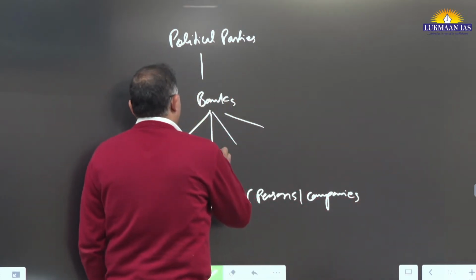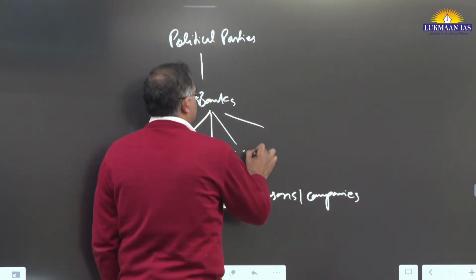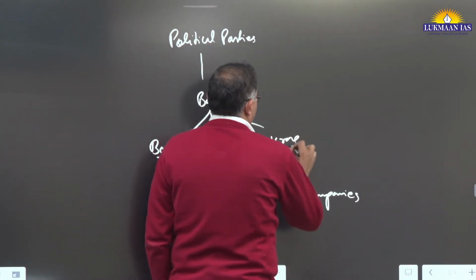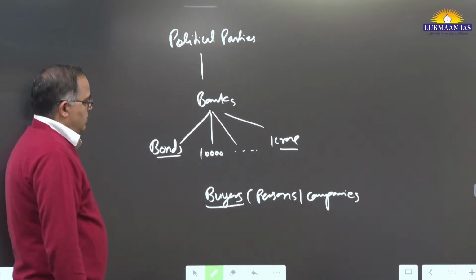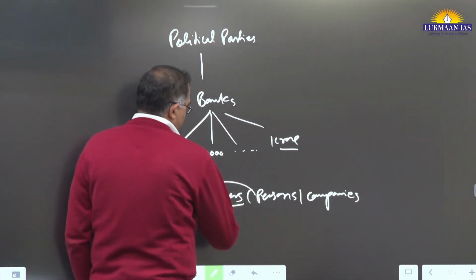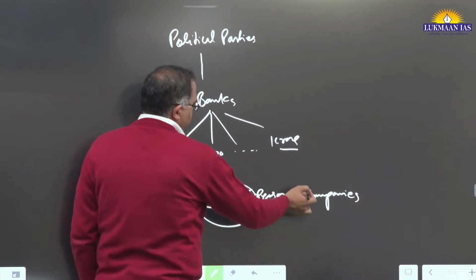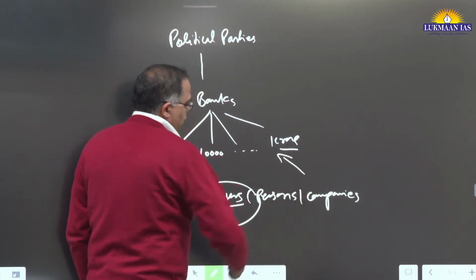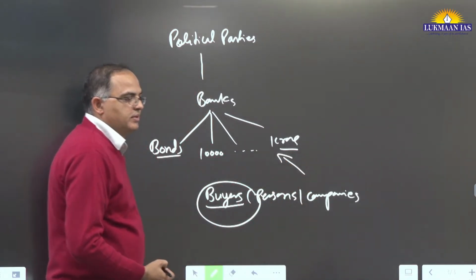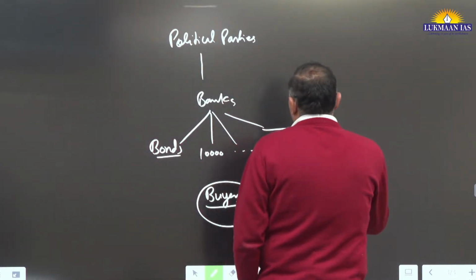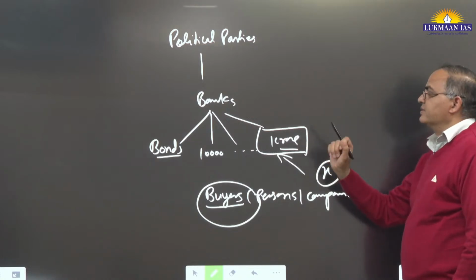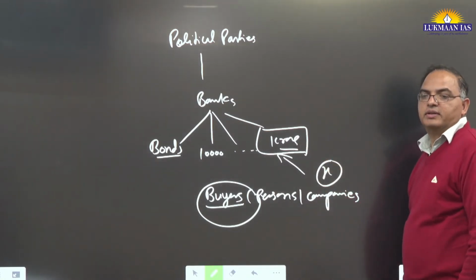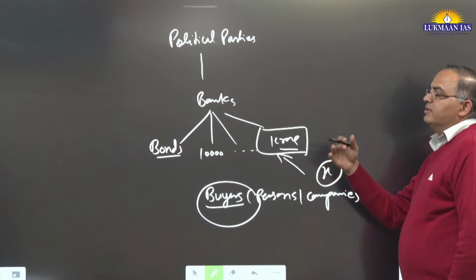It can be of different denominations. Any such buyer can buy this. Let's say Mr. X buys one such bond. So in this bond, let's say